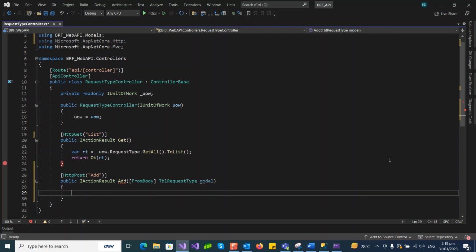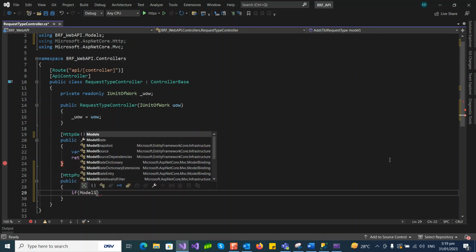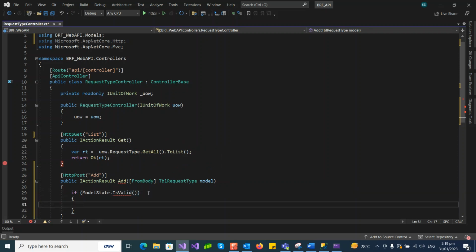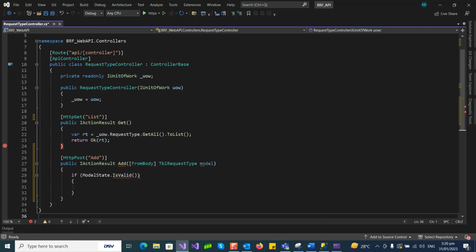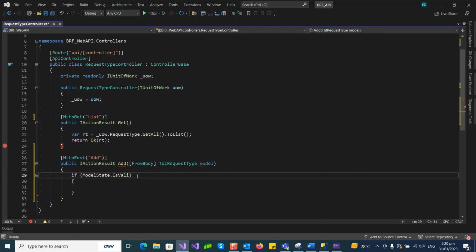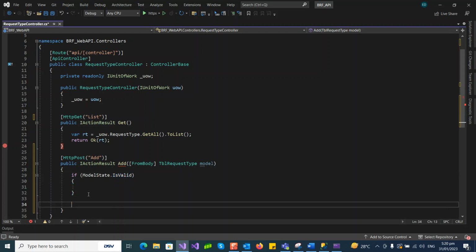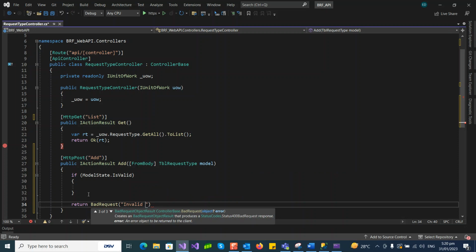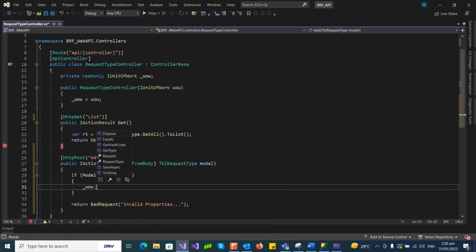Of course, if model state is valid, meaning it is valid, then it is valid. So it will indicate whether any model state value is okay or not. So if it is okay, then we can add. Else here we just have to return bad request. Let's say invalid properties, or there are some properties that are not correct. And then, if the model state is valid, we can ask our unit of work, that request type,